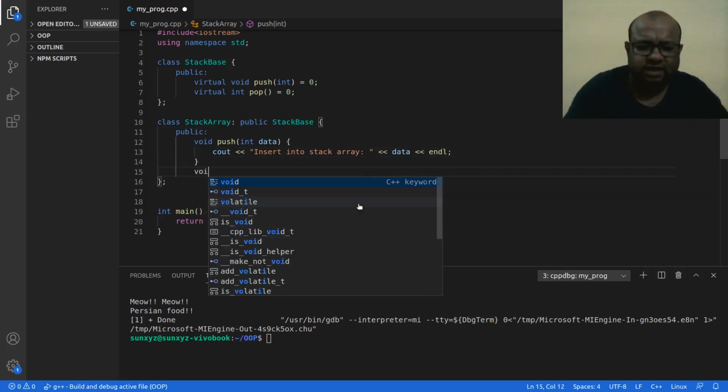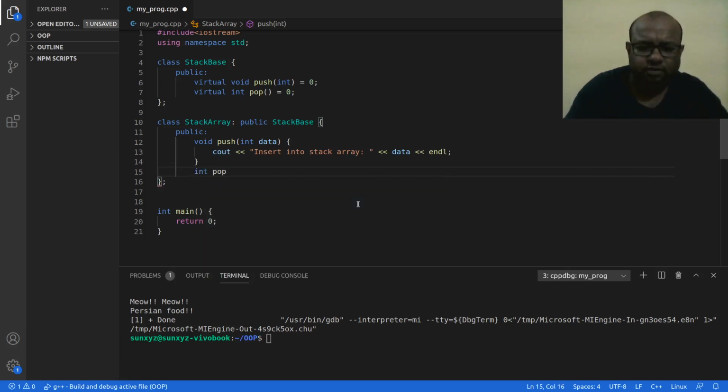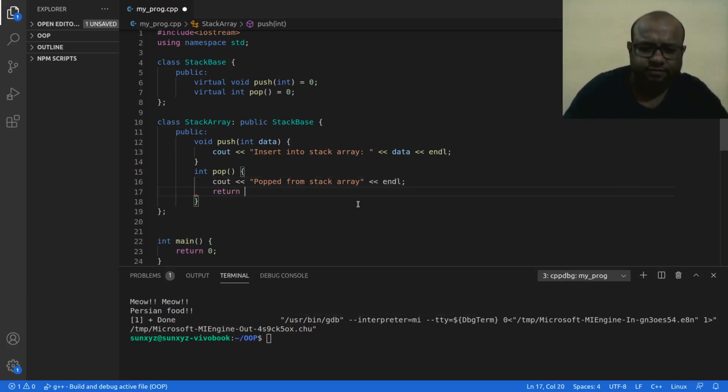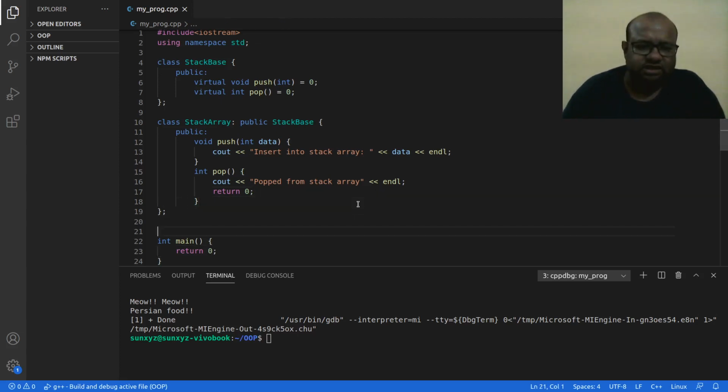And sorry, I am going to pop, and this is going to print out "pop from stack array", and of course this has to return some integer, so I am just returning 0. So the actual stack logic I am not going to implement in this class. That will come much later in the course.